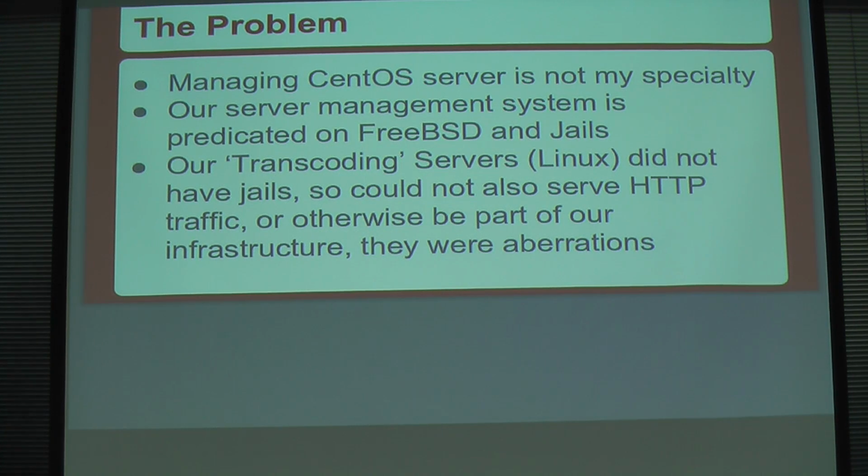That meant the entire machine was now dedicated to transcoding, which meant it was wasting resources when there wasn't a lot of transcoding going on. Transcoding is usually live events, so they're scheduled, and maybe it happens every week, but not usually. So oftentimes the server will sit there for 5 days doing nothing, and having it serve up HTTP traffic in the meantime means that's not wasted hardware that we're paying for. Basically, when it was Linux, we didn't have the option to do things like that.